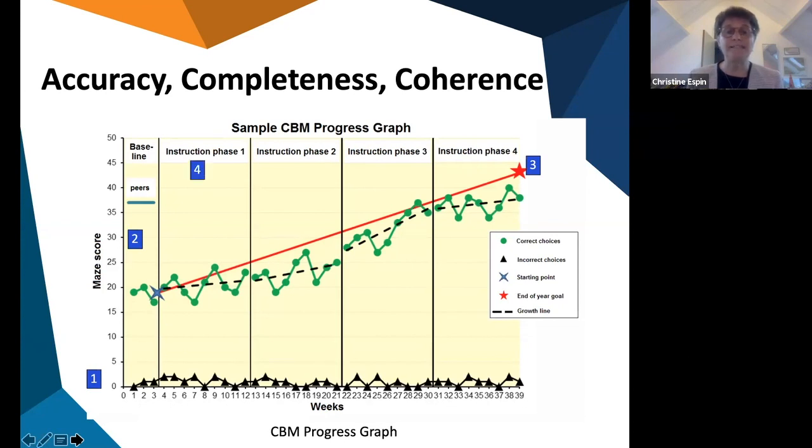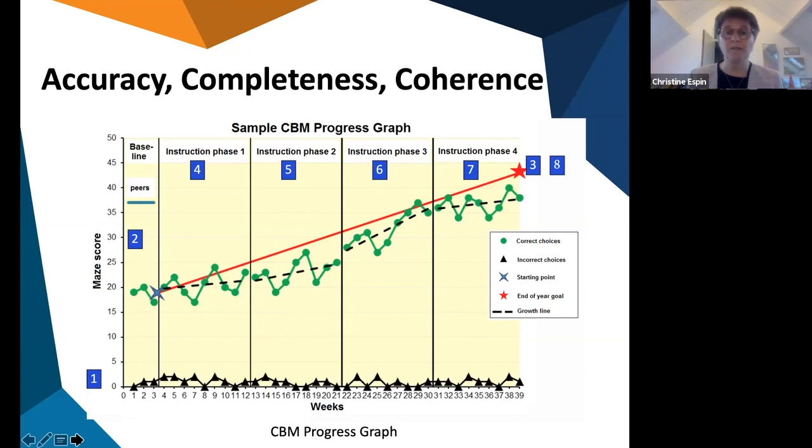And then you look at each instructional phase, and you look at the data in each phase to determine whether or not the student was successful in that phase. In other words, was the instruction effective for the student in the first phase? And then when a teacher makes an adjustment, did the student do better? If the teacher adjusts instruction again, did the student improve? And then finally, you look at the last instructional adjustment, and then you talk about whether or not the student